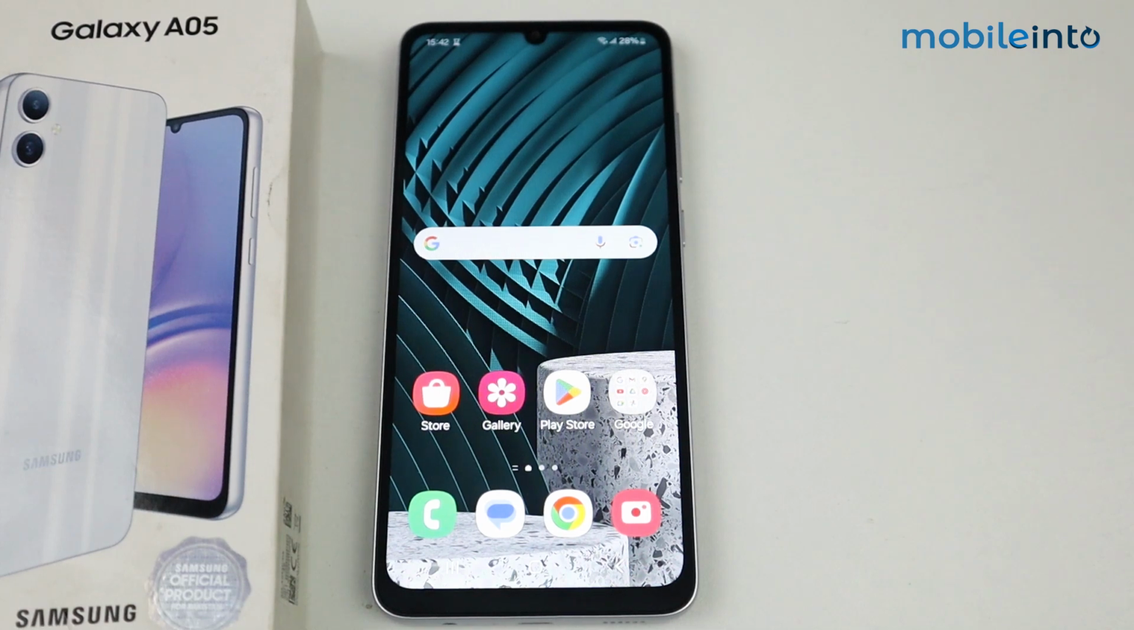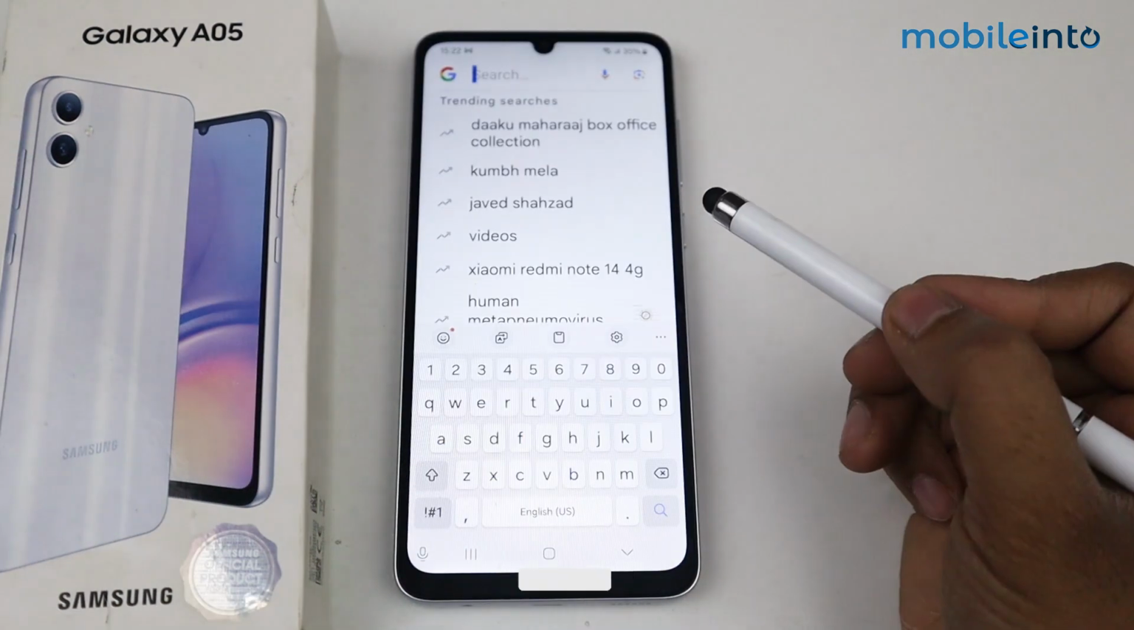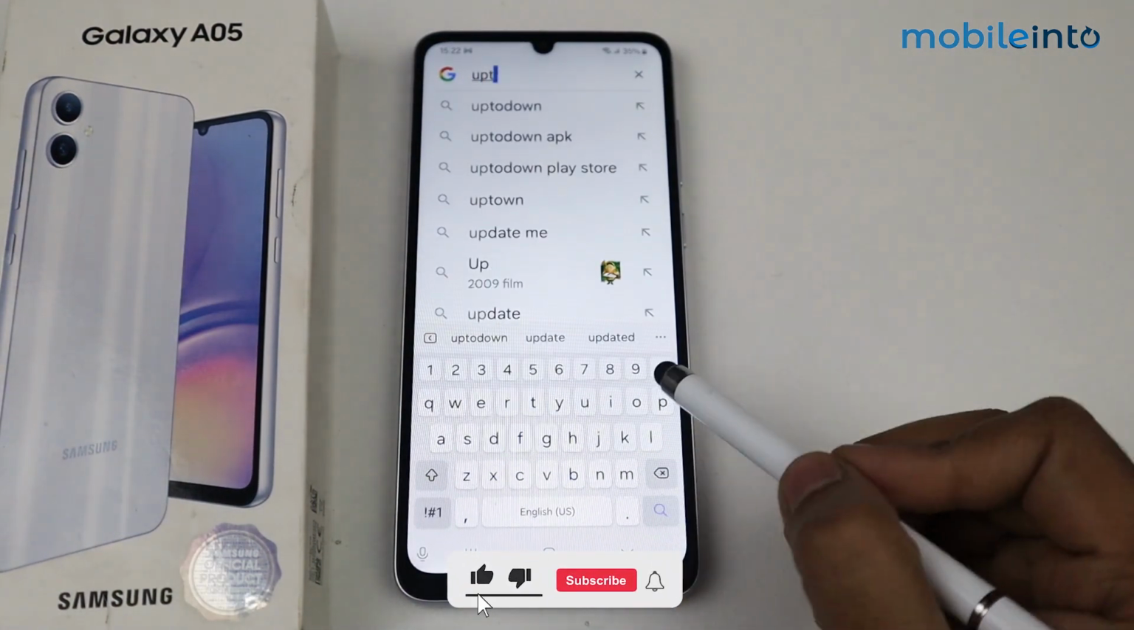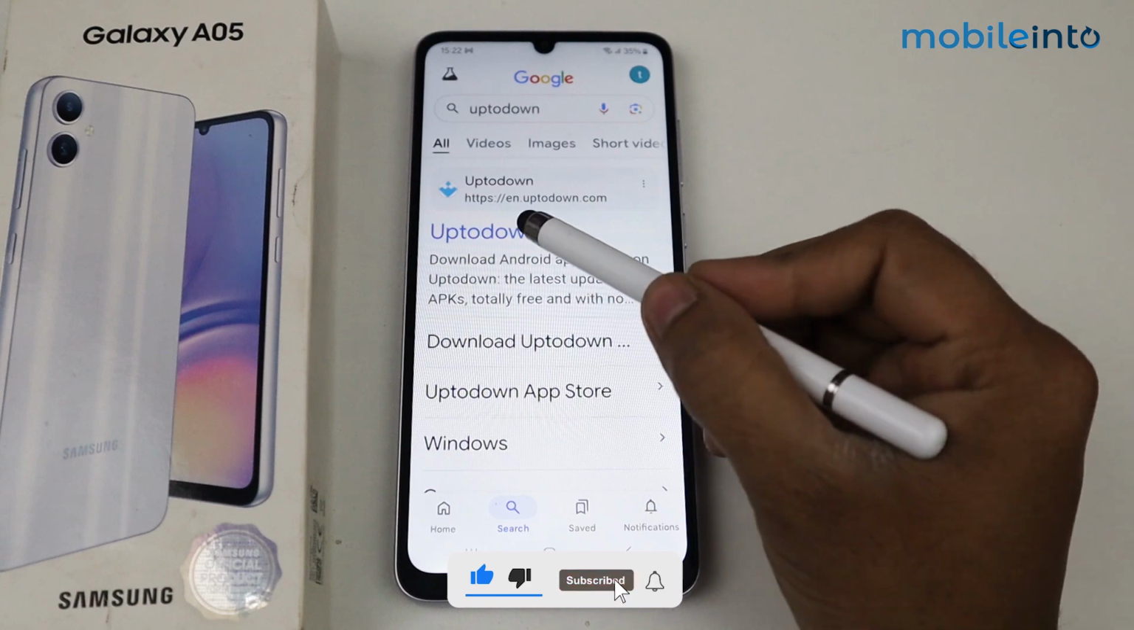Hello, in this video I'm going to show you how to customize volume bar on Samsung Galaxy A05. Simply open the Chrome, search here up to down, tap on this website,